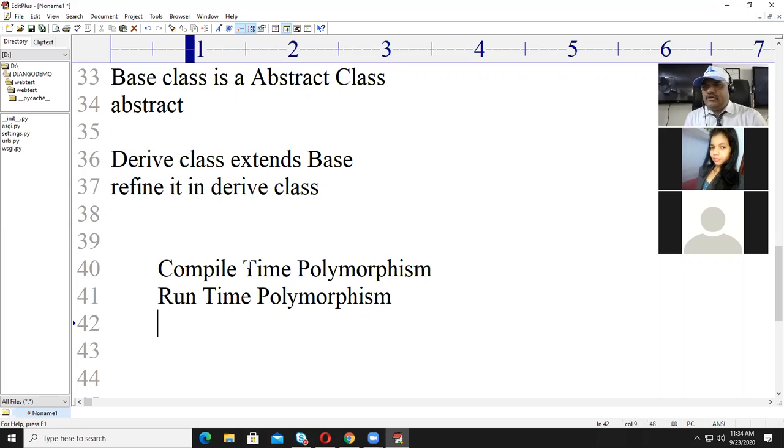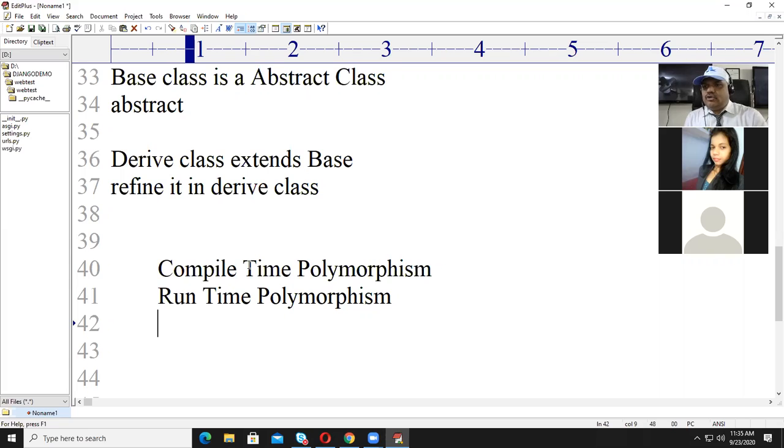Runtime comes after the compile time. After completion of compile time, then it goes to runtime. So operator overloading as well as overriding abstract methods are examples of runtime polymorphism.